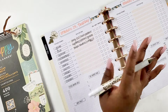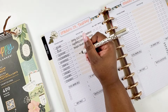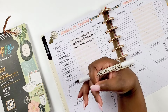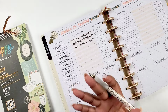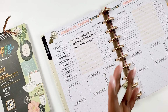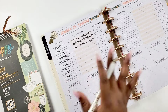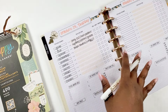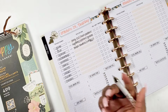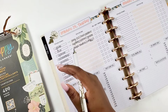So, okay, and then my relationship goals, that's just me loving on the people in my life, okay? And I'm trying to be more intentional about that. One, because when you live a busy life, I want to have balance for me personally. You can kind of miss out on life's important things when you're working all the time. So for me, this is my way of saying that one of my goals is to